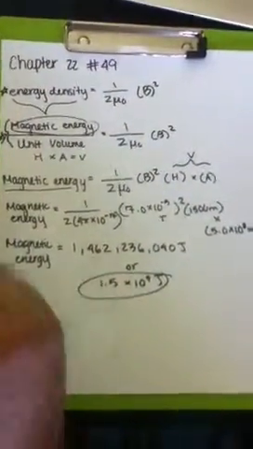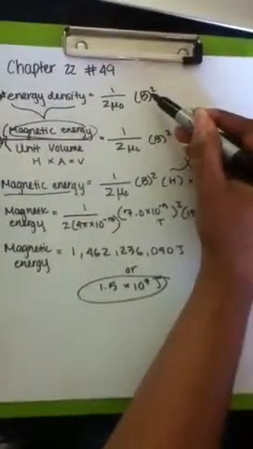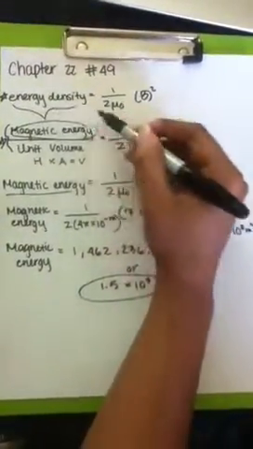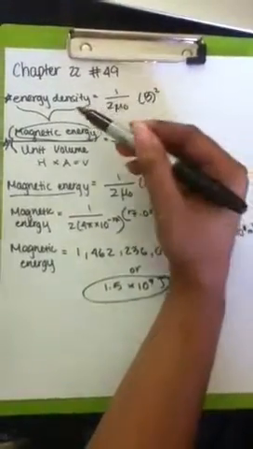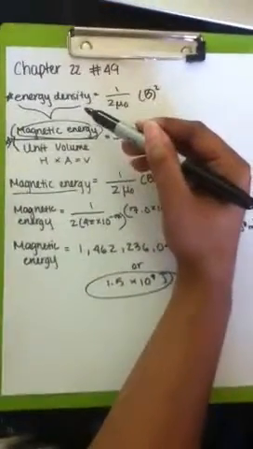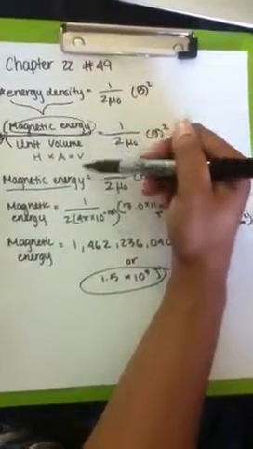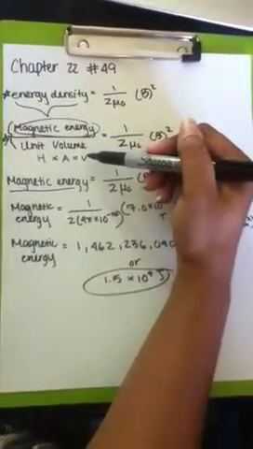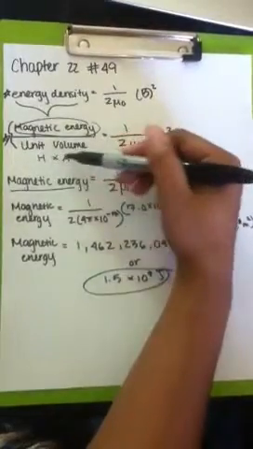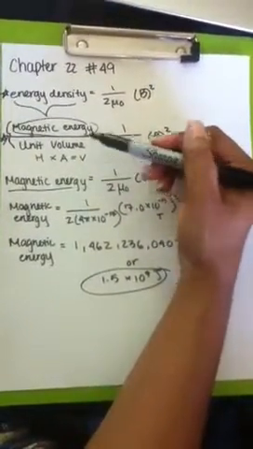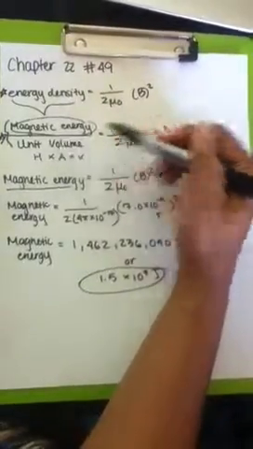So just to recap what we did, we were given this value, this is a constant, and this was the energy density, this was the equation on our equation list. The energy density can be expressed as the magnetic energy per the unit volume, and we were also given the volume in the equation because we were given the height times the area, and that's how you get volume. In order to bring the unit volume from the left side of the equation to the right side of the equation,